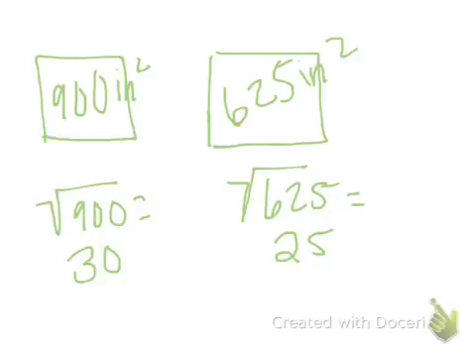Now, I know that the side length of the first picture is 30. And then the side length of the second picture is 25. Now, the second part of the question asks me to find the difference. And you guys all know that when I say difference, I'm referring to the operation of